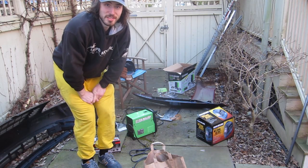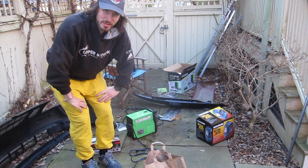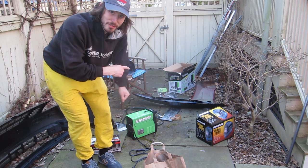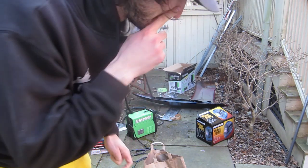So I had to run to the store and grab some cutoff wheels, and the next thing that I'm going to do is try to start doing welds on thinner sheet metal and see if I can weld it together, and maybe then try to fix this Miata bumper. Actually, it's a fender, but